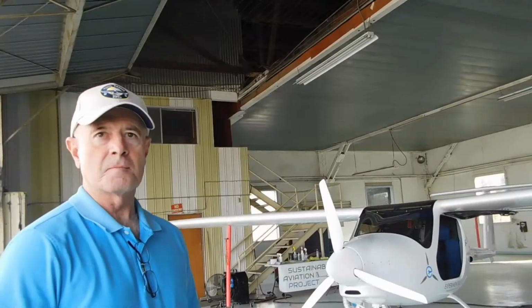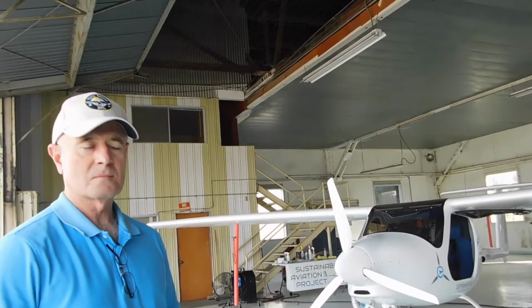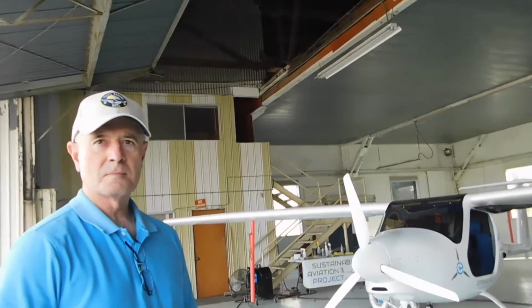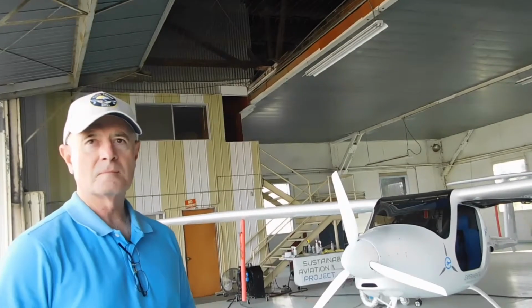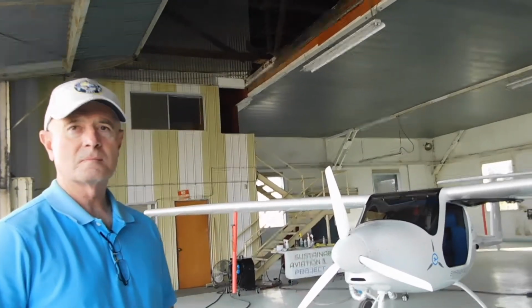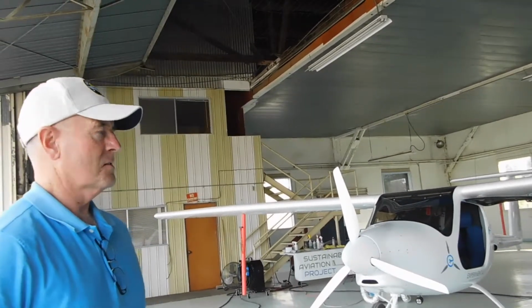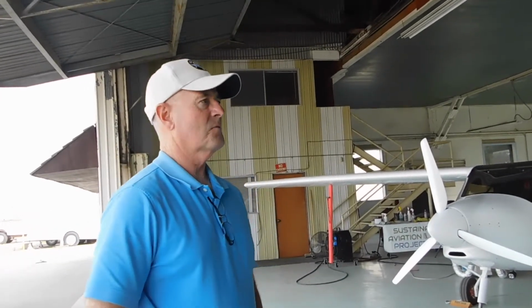I can see the need for licensed pilots for this new type of aircraft. And I can see applications all over the place for them, from just shuttling people about to anything that an ordinary aircraft might do. But what are some of the applications that excite you? Well, I think the things that excite me the most is new ideas on how you might use these aircraft. For instance,